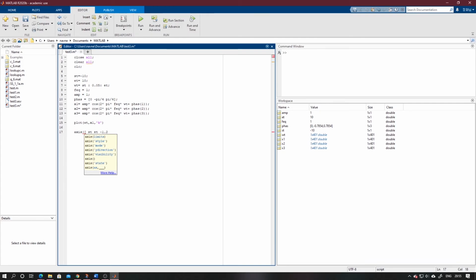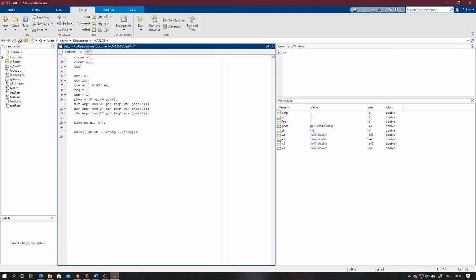So like amp, then again space, then it is 1.2, again amp, then we will close the array. This will plot the graph, and this will take the values for the different axes.